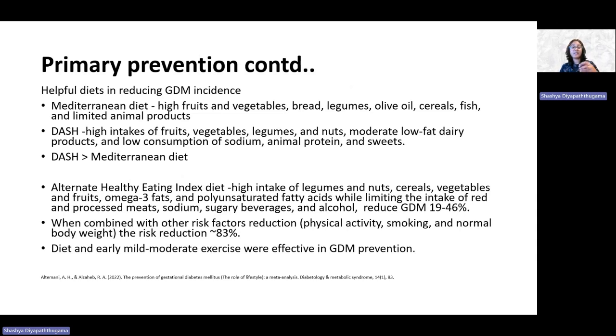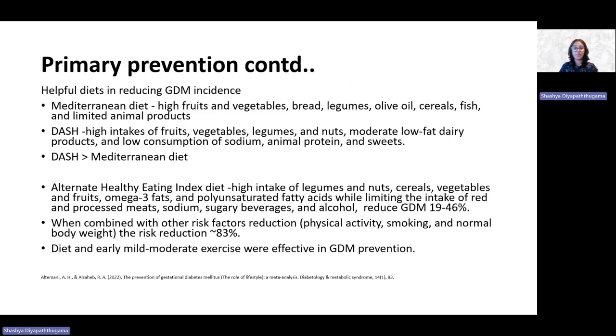And if you can combine this type of diet with other factors like physical activity, avoiding smoking, or maintaining body weight, that could further reduce the risk of gestational diabetes onset by up to 83%, as shown through this study. So diet and early mild to moderate exercise were the ones that were effective in GDM prevention. So that is about preventing the onset of gestational diabetes, especially for those who have a higher risk